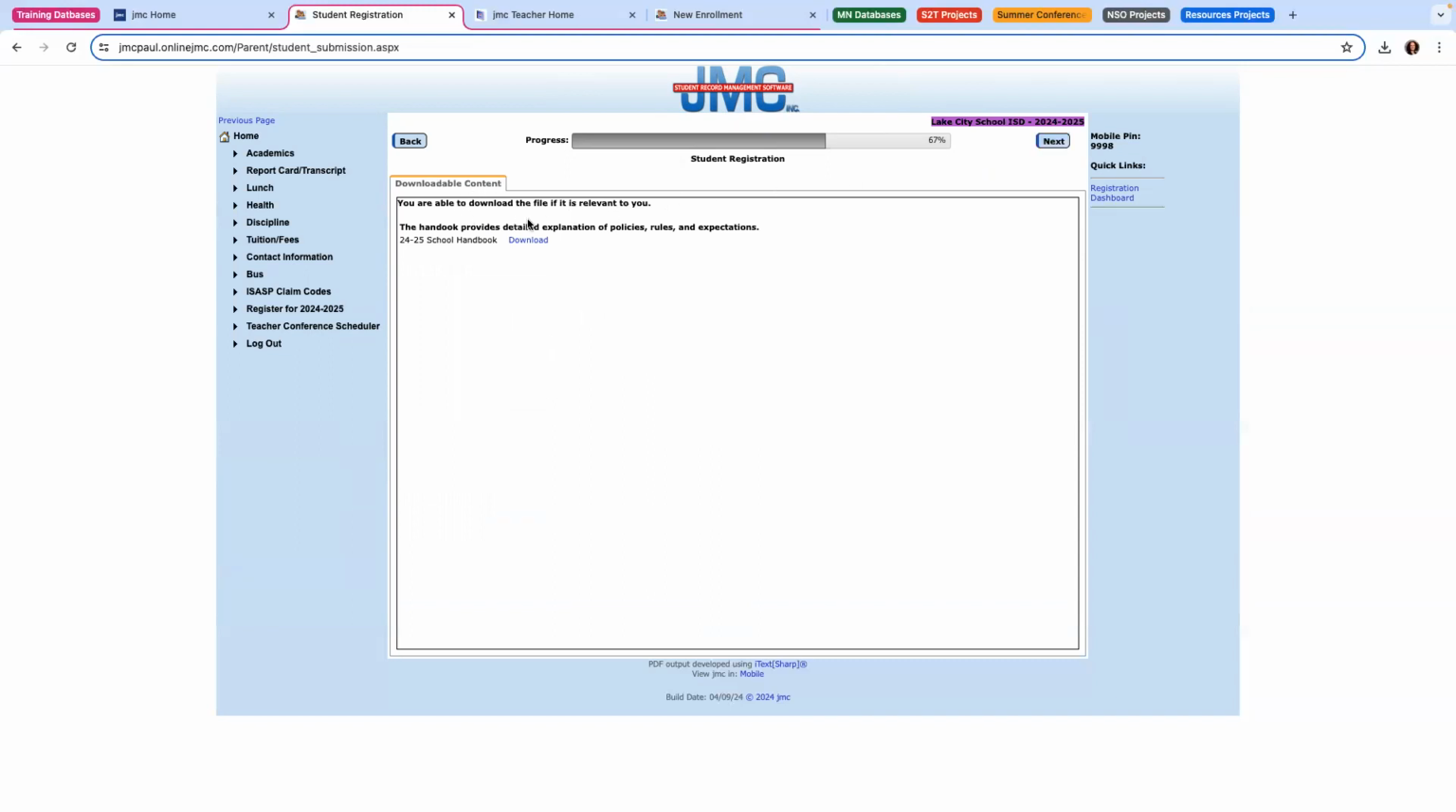And then downloadable content. The handbook provides detailed explanation of policy. So if I want my parents to have access to my handbook, that's right here. Anything else that parents might need, some parents and maybe not others, like medical authorization forms, special diet forms, I could put all of that here in my downloadable content for parents to come in and download